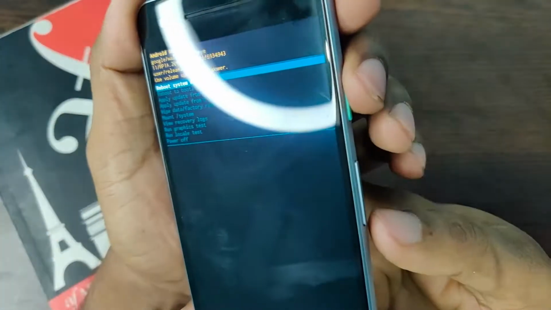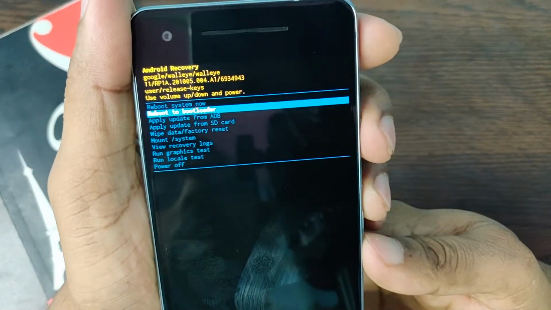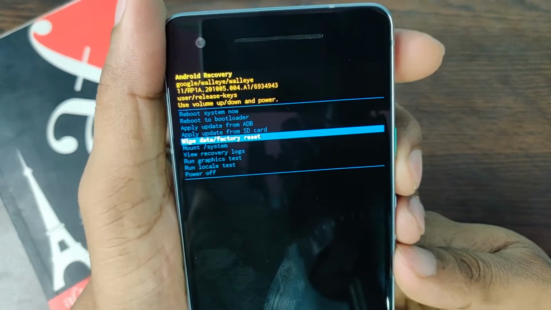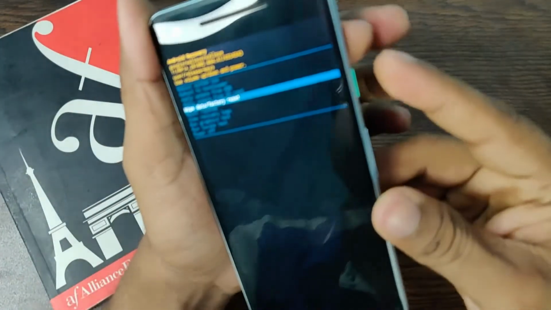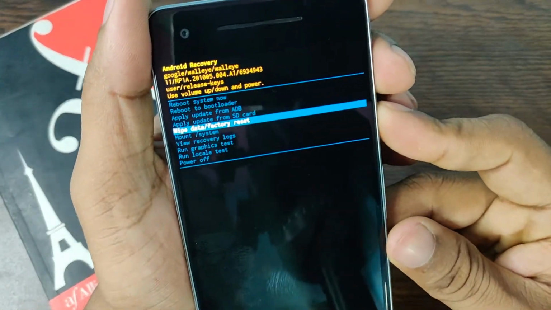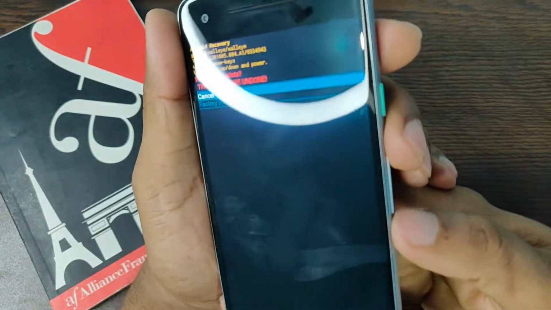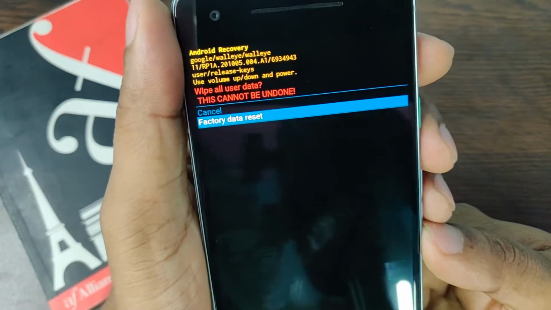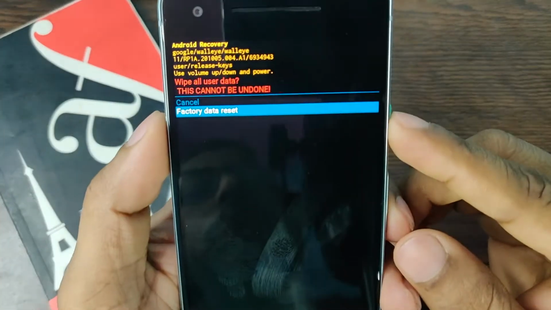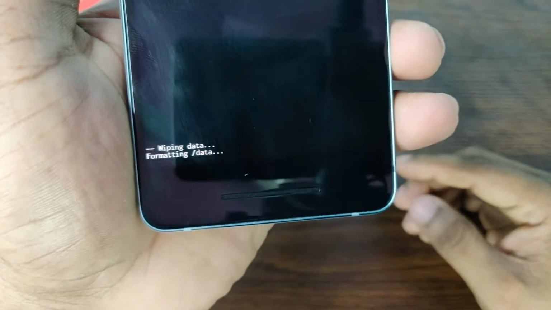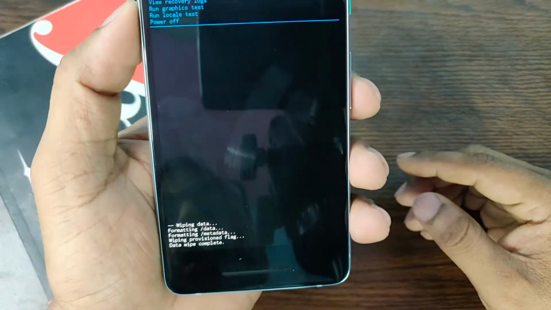As you can see, you can move through the settings by pressing the volume down or up key. Here's Apply update, and we select Wipe data/factory reset, then press the power button to select. Then here is another warning. Just press the volume up or down key to select Factory data reset, then the power button to confirm, and it's showing wiping data, so it takes